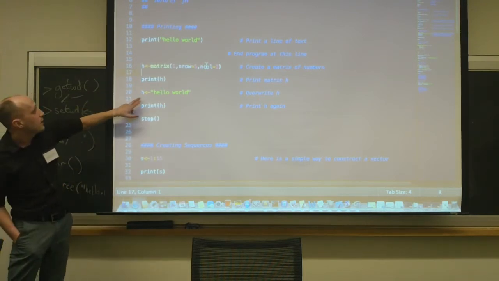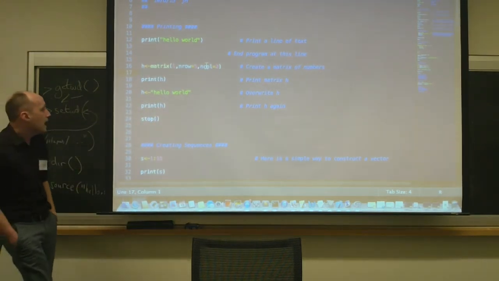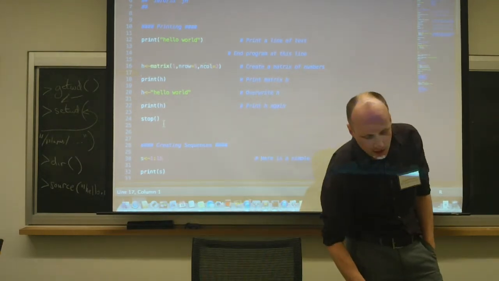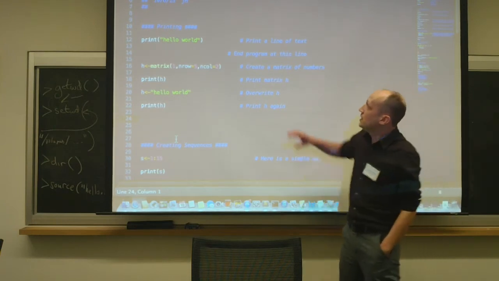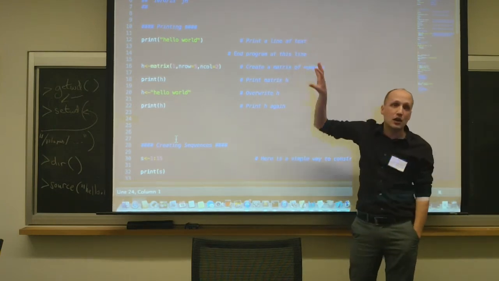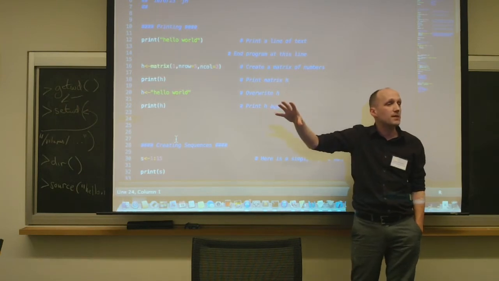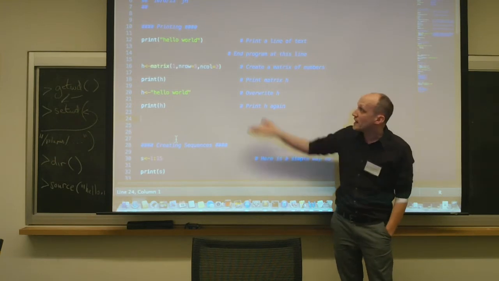So we can do this, okay? We've just converted a matrix into a string, recast it as a string, print it again and stop. Okay, so there's an example of what's called loose typing in R. Again, what it means is you don't have to define at the beginning of your code all your different objects, what types they're going to be, how much memory you need them to be, what size you want your arrays to be. It makes it very, very fast to get up and running.